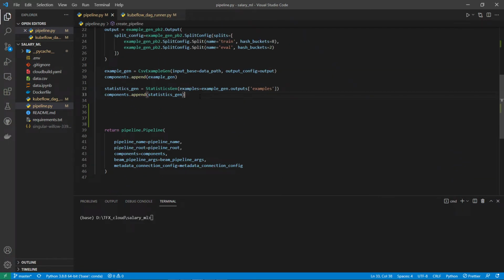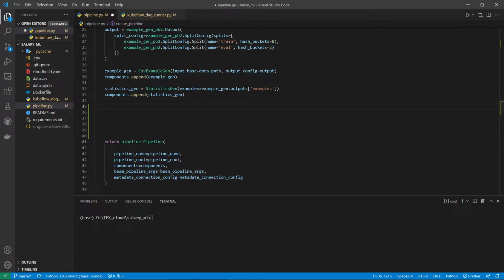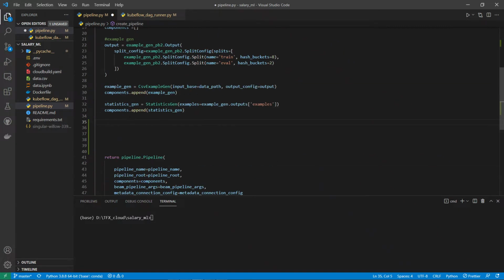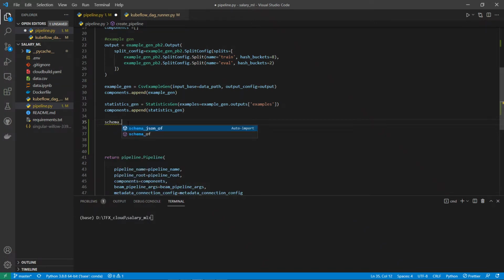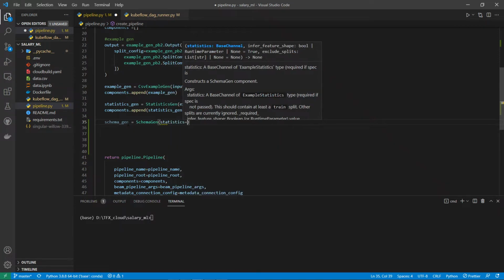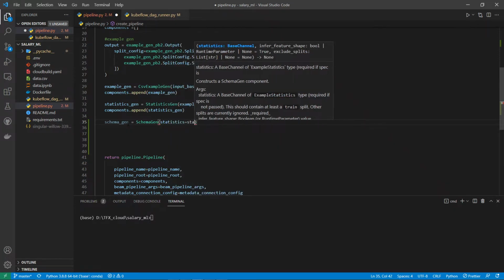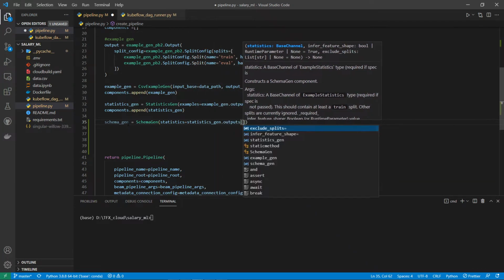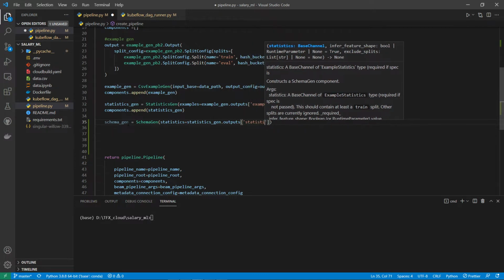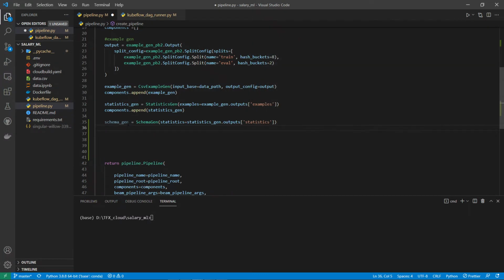Yes, and then we come here, we will say SchemaGen is equal to SchemaGen, and then statistics is StatisticsGen dot outputs statistics, and then components dot append SchemaGen,